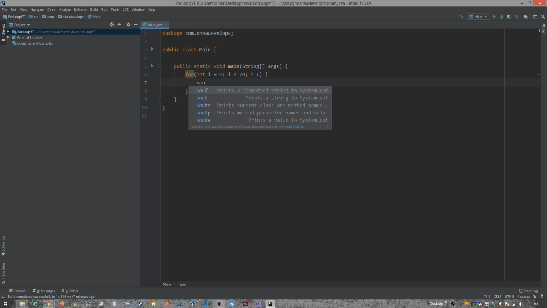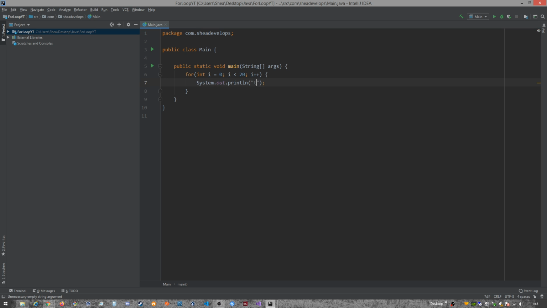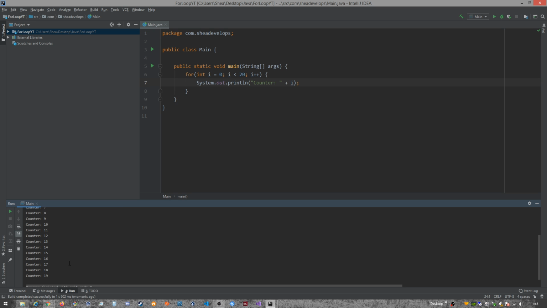So let's go ahead and output what that might look like. Actually, just make it shorter. We'll just do counter. And we'll see that iterate and output the, oh, I can't type today. There we go. And output counter and what the value of the counter is. Let's go ahead and run that. And we'll see we got counter 0, 1, 2 to 19, which makes sense because we started with i equals